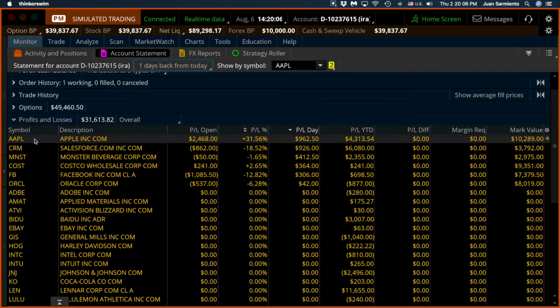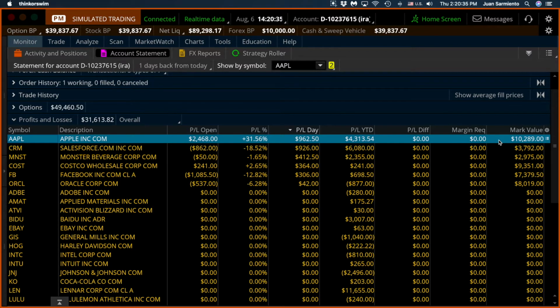And here we select Apple, and this is what we have had in profits so far, $4,313. And the market value of my position is $10,000. So if you get $3,000 out of there, we are going to reduce our position to $7,000. If that seems like a lot to you, it is not. All my positions are at the entry